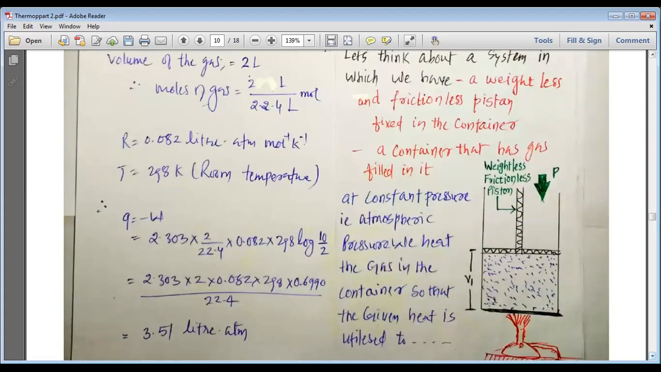So, for example, if we have a gas container, in this gas container we have filled some gas at constant pressure. This gas has a weightless and frictionless piston, and thus in the gas container we have the gas at atmospheric pressure, the outside pressure is atmospheric pressure, and the volume of the gas is V1. Now, my dear students, we start heating it. As we heat it,